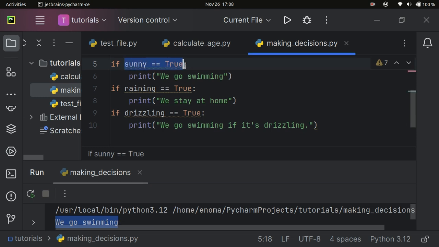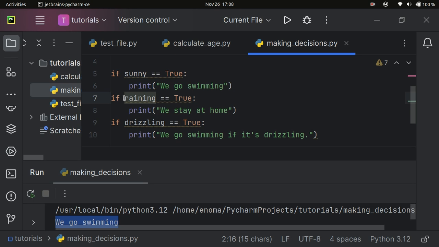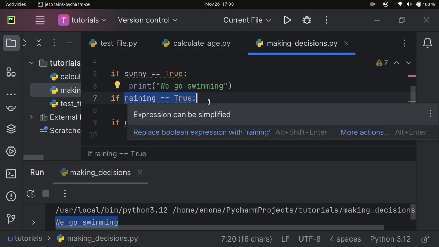Only this one and this one is evaluating to true. But this one is evaluating to false, even when you see true here. Do you know why? Because the value of raining here is false. So it's testing if raining is equal to true. Actually, raining is not true. So that expression